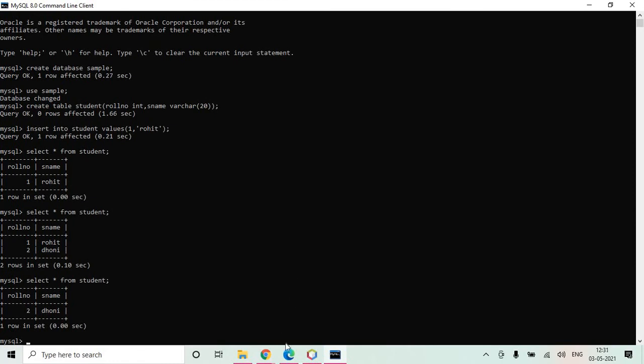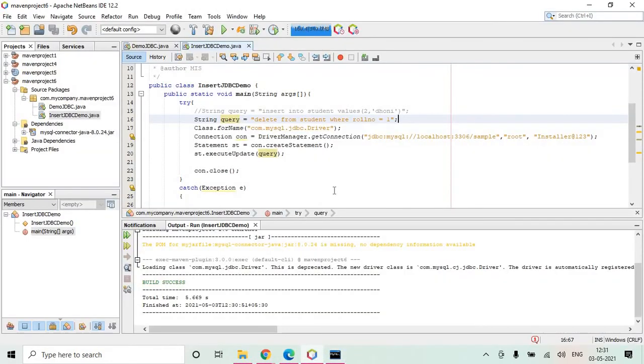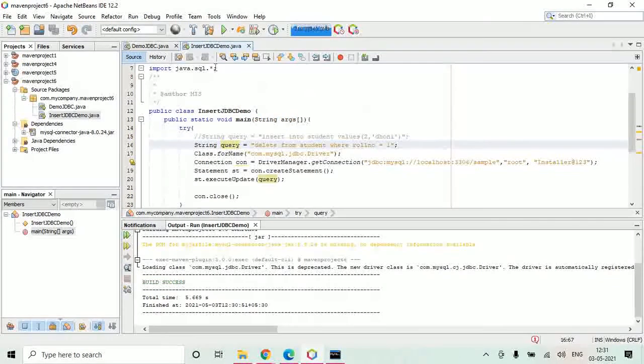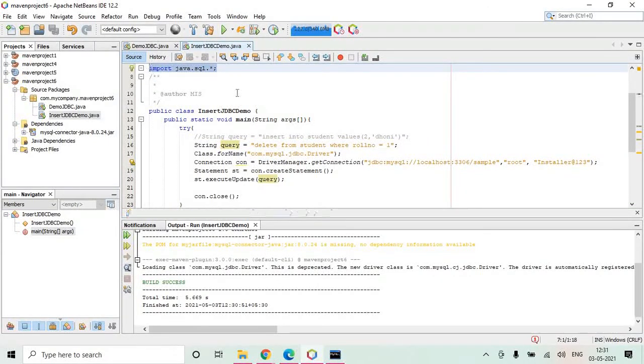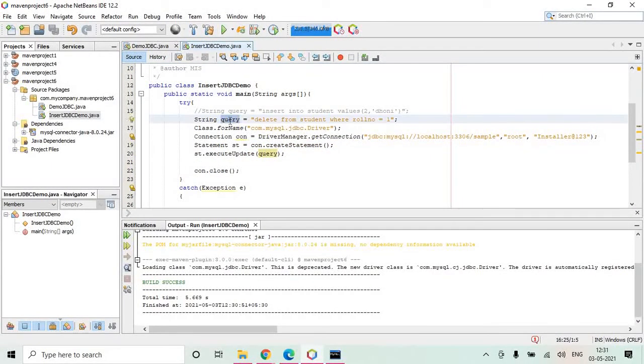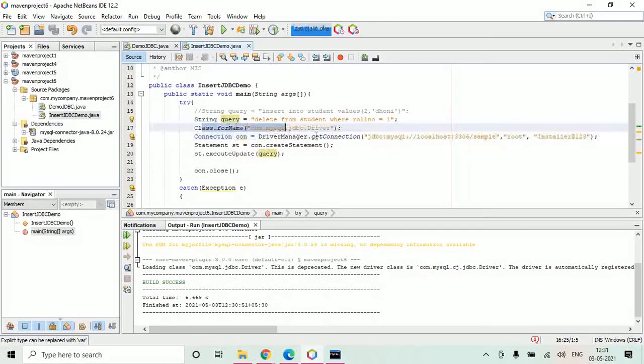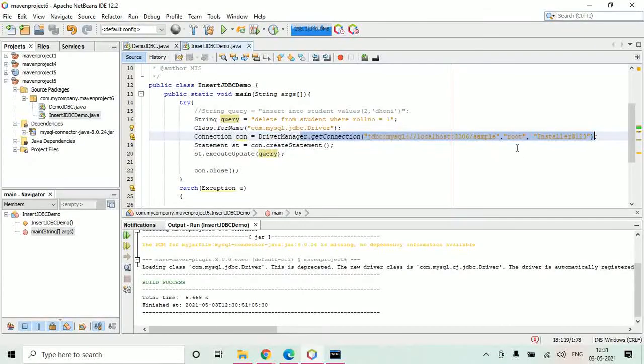So likewise you can execute all your database queries. In brief, in the first step, you need to import all your SQL related classes using this import statement. Write your query, which query you want to execute, load the drivers, then establish the connection, providing the path, username and password for your MySQL database.